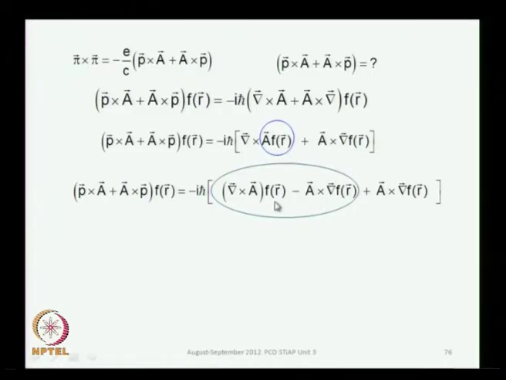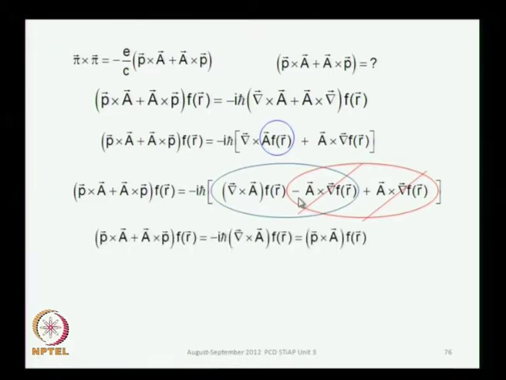So, this is the curl of the product of this, and now having exploited this, I find that when I consider the last term over here, these two terms are actually the same, because both involve the cross product of A with the gradient of f, one with a plus sign and the other with a minus sign. So, they will cancel each other, and what you are left with is an identity which is valid for an arbitrary function f. It does not matter what function it is, we did not choose any particular form of the function f,